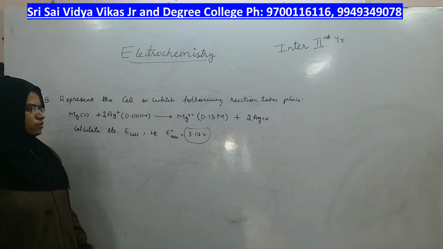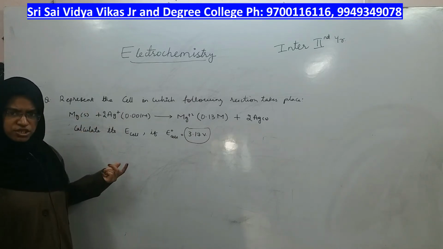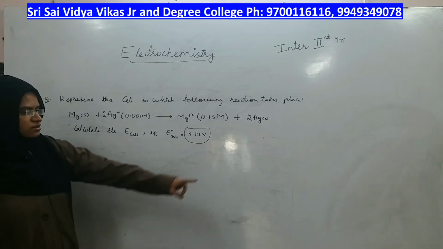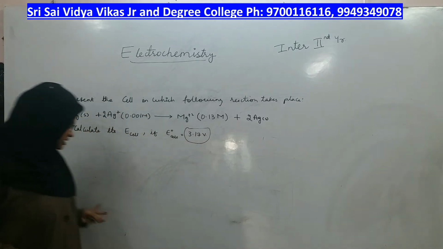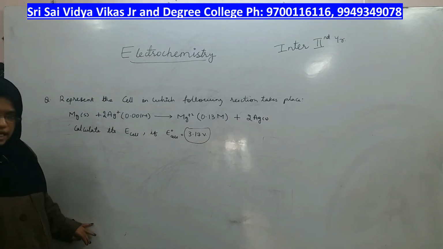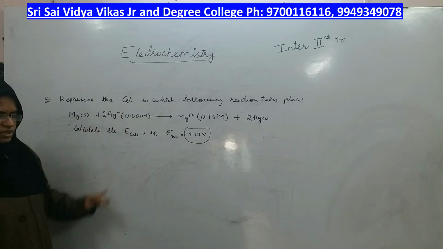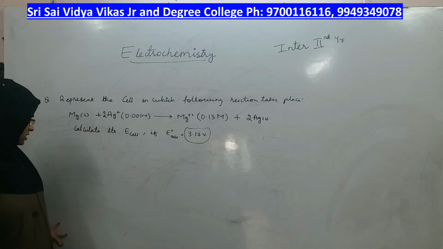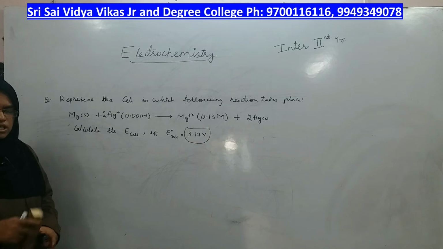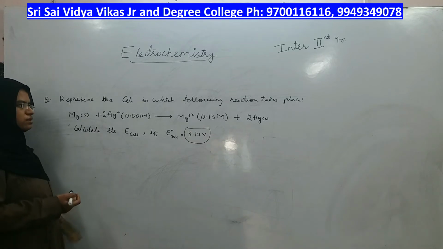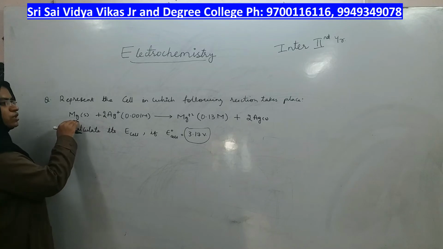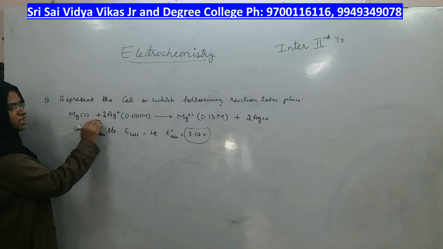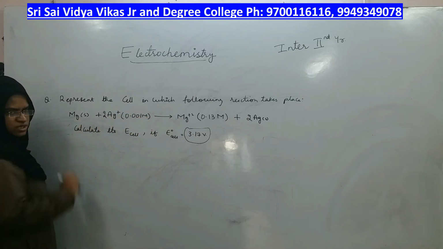So what you have to do, write the Nernst equation for a cell. This side the Nernst equation was for the electrode, the other side the Nernst equation was for the cell. Write this equation, substitute the things correctly, and what you will get is the cell potential. Now let us look into the substitution part, right. Let me also ask you to write the cell representation from this cell reaction, right.